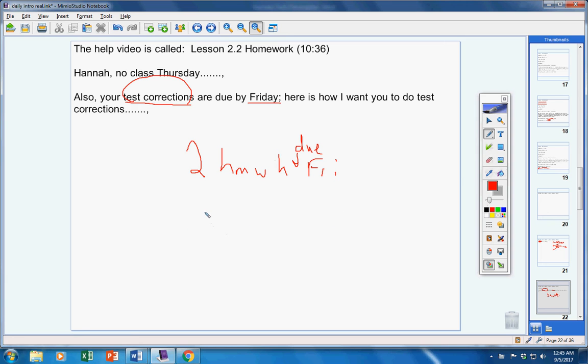On the front page of your test, every single fill in the blank that you missed, you have to write the entire thing. So let's say you missed number 4. In number 4, the blank is justification. Well, you have to write out the entire thing. Postulates, colon, statements that are accepted without further justification. You write the whole thing out. So every single fill in the blank you missed, you write out the entire thing.